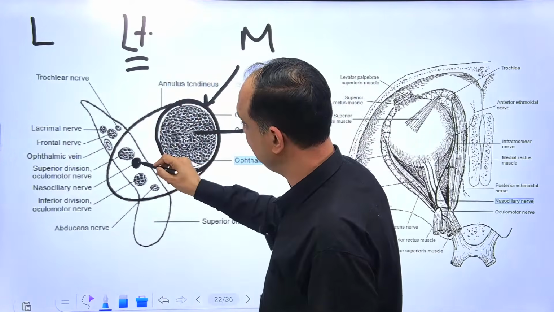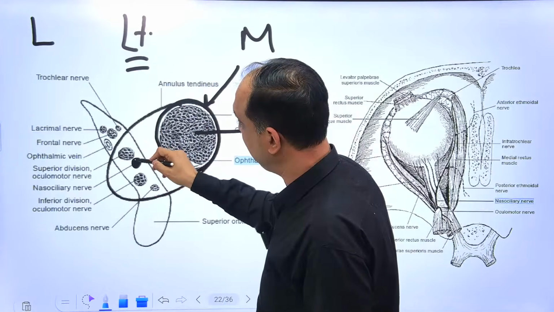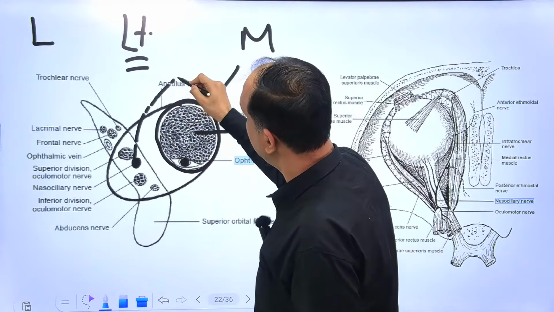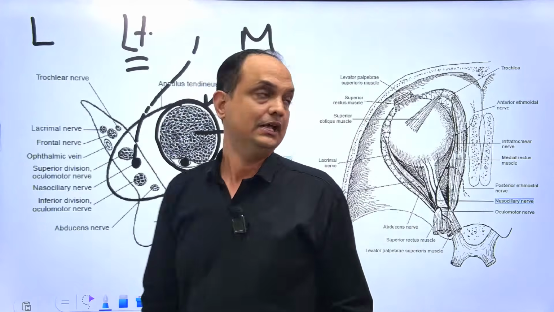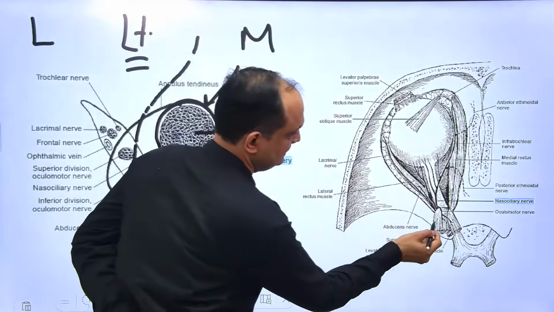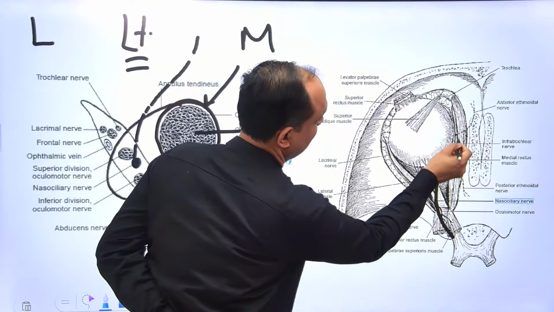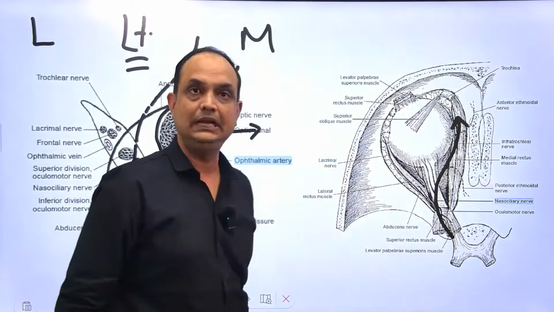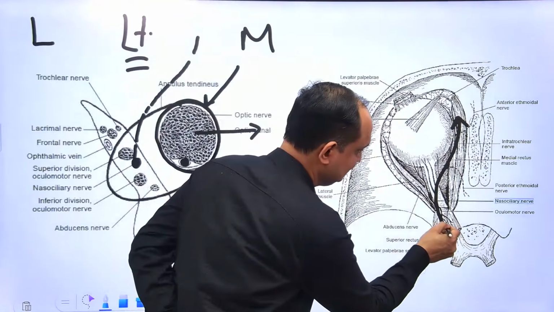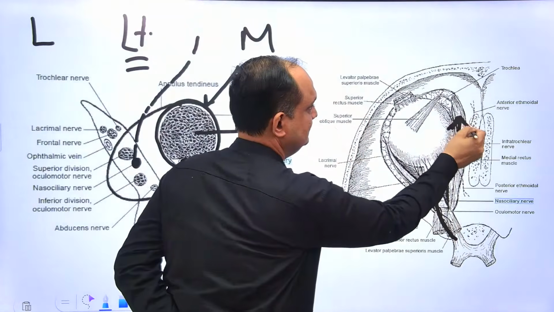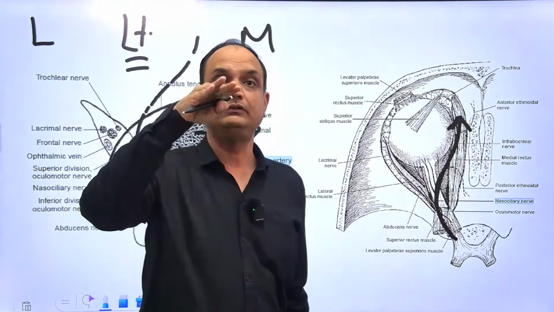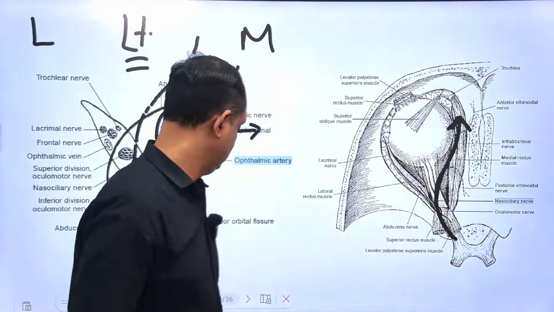Gradually it will go and cross like this. So here also you can see this nasociliary nerve, once it enters, it will cross like this from lateral to medial. Clear? So this is the important thing to understand, that the superior part of the optic nerve, here